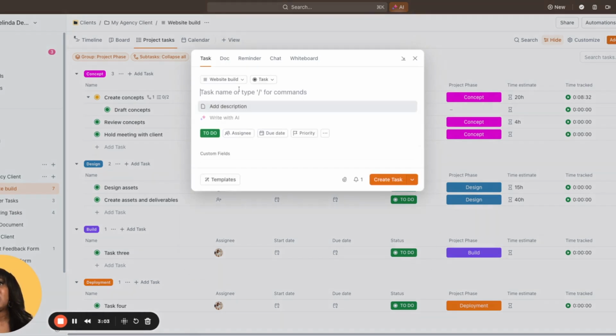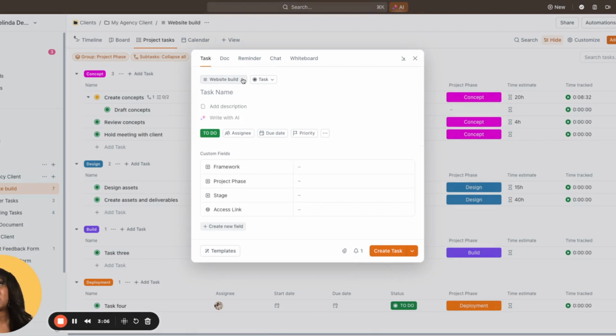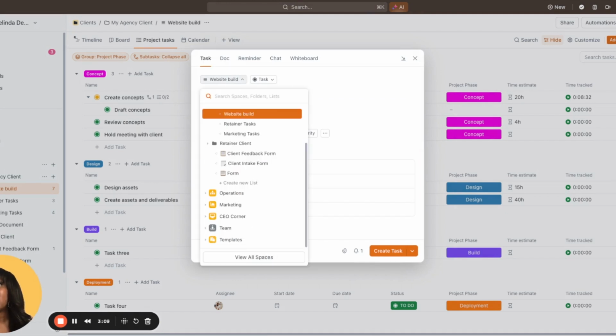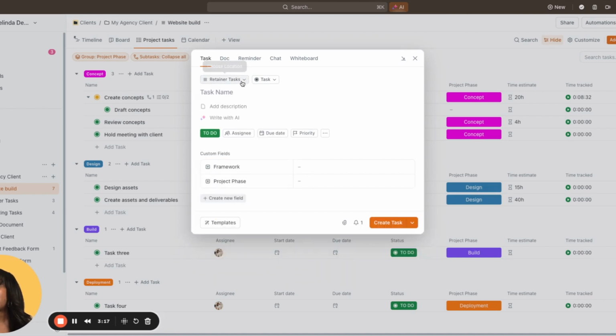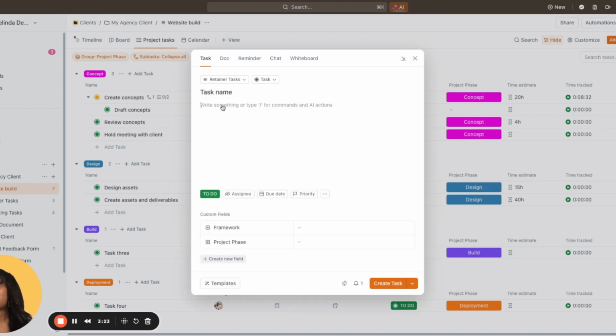So if you are using any of these buttons, you'll just need to be aware of the location within your workspace of where your task needs to live. So if it doesn't need to live in this particular list, maybe it's in a different list, you can just select that list and then you can add in the task name, and then you can also add in your description. So this is how you can build out your task